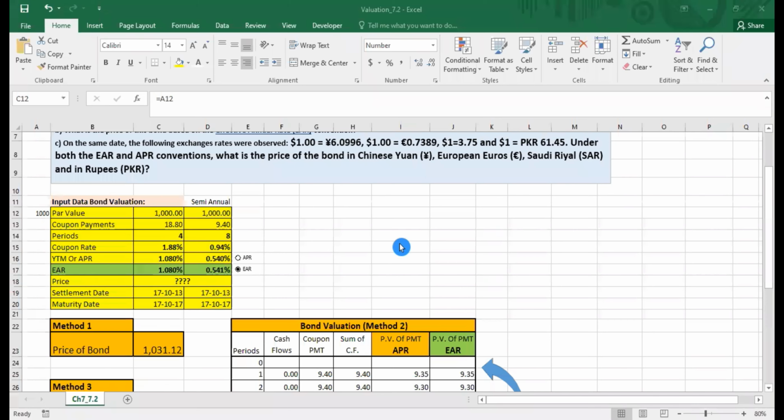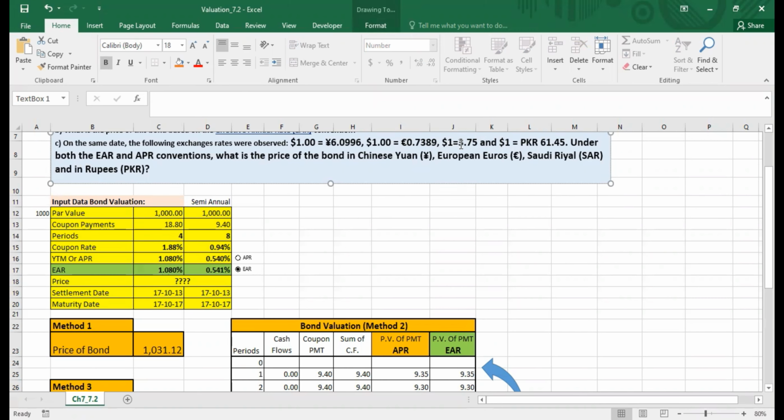Okay, now let's move to the exchange rates. You can see that in this example, we have different exchange rates. We have yuan, we have euro, we have Saudi Riyal, and we also have Pak Rupee.